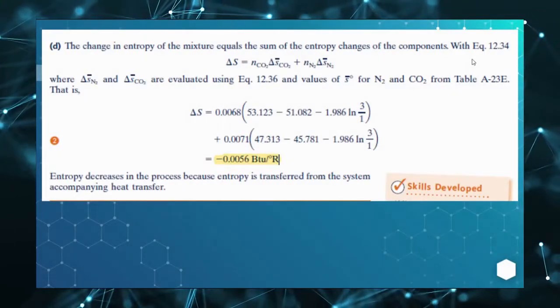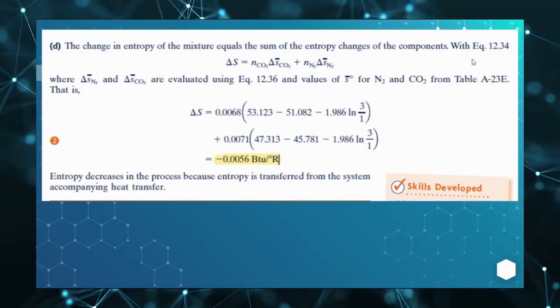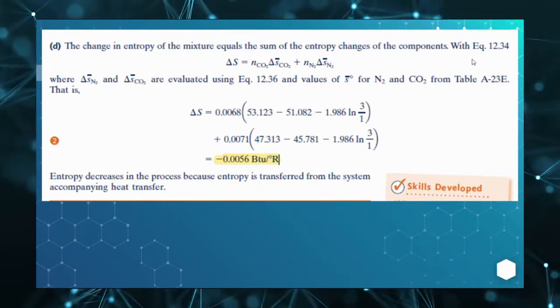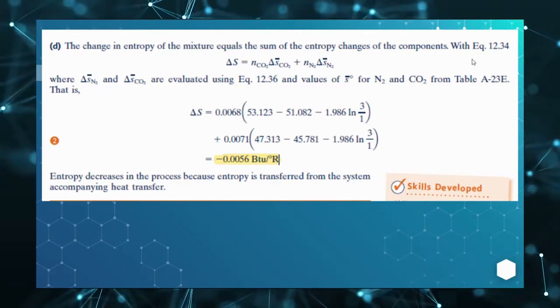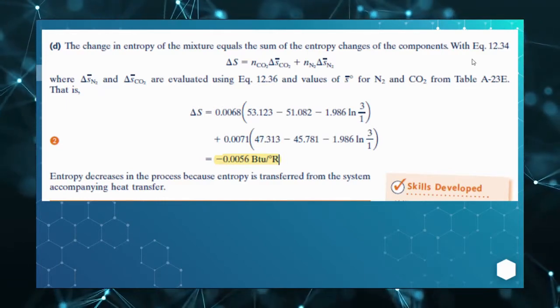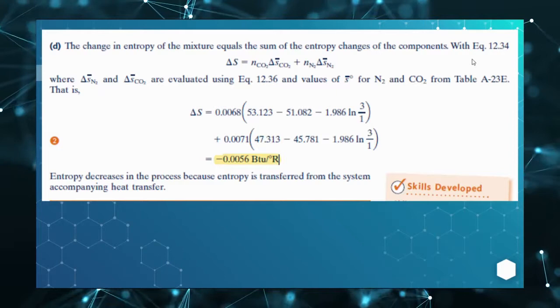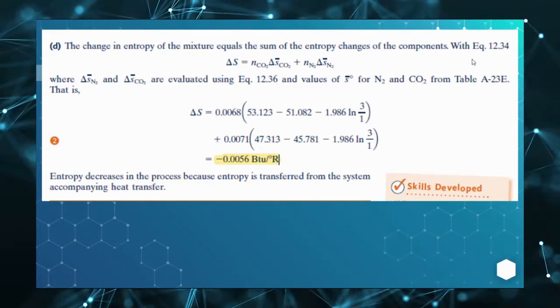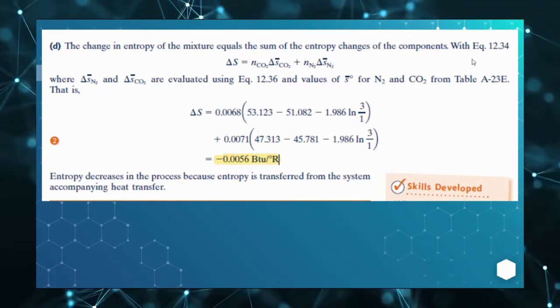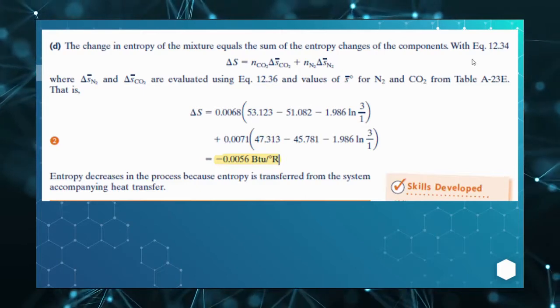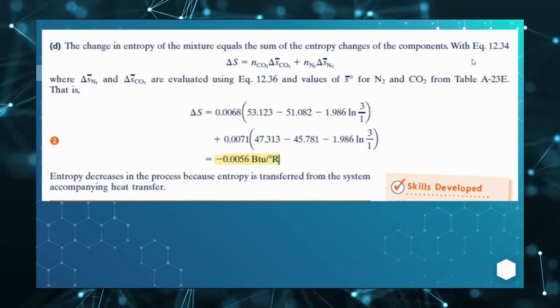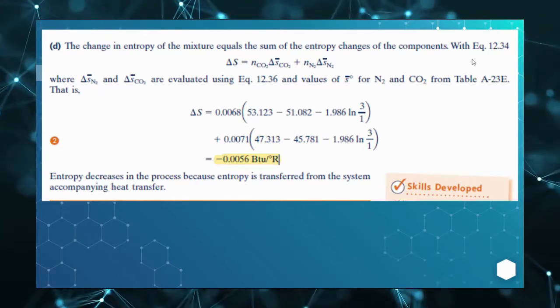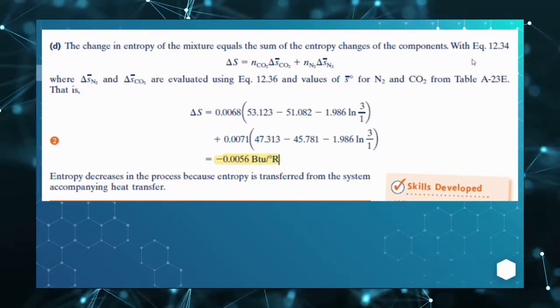And then the change in entropy of the mixture equals the sum of the entropy changes of the components. As you can see in this equation, we will substitute all the values given in the previous solution. So the change in entropy of the mixture is equal to 0.068 times 53.123, which is the value of the total molecular mixture of the carbon dioxide, minus 51.082,